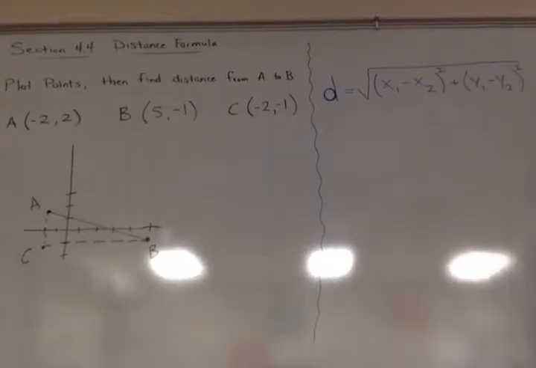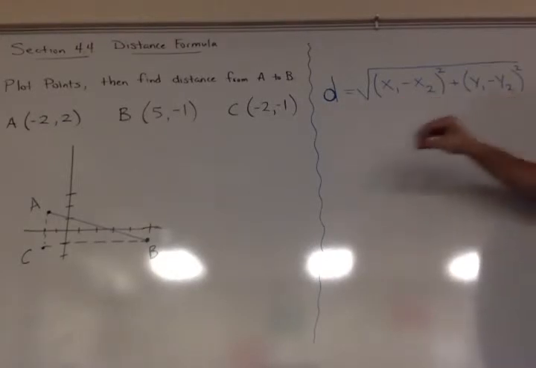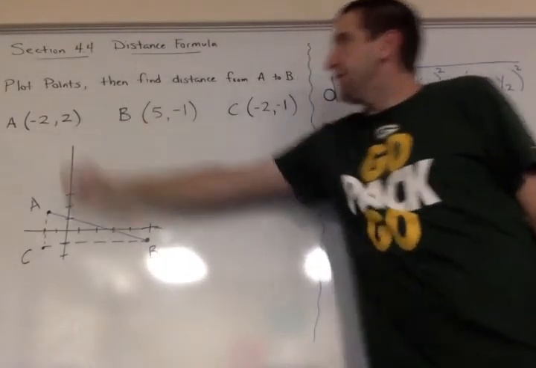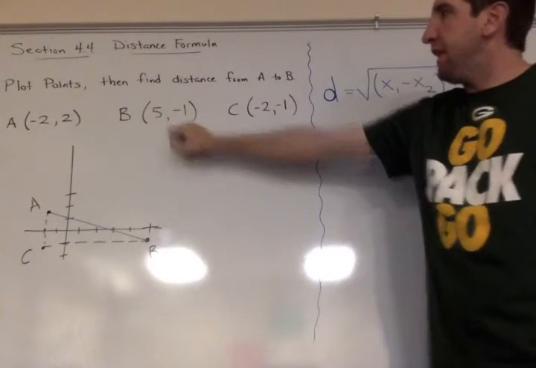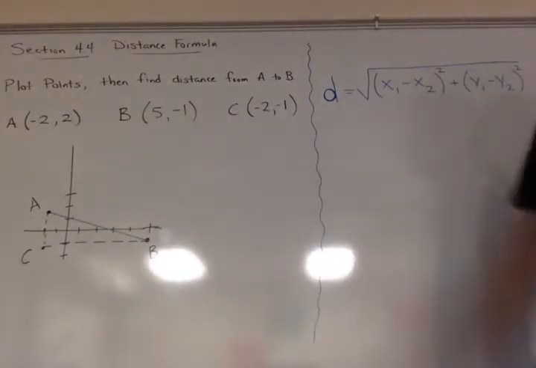Hey guys, today our topic is section 4.4, the distance formula. I've got the distance formula written up here, but we're going to do one example by plotting 3 points. Point A, negative 2, 2, point B, 5, negative 1, and point C, negative 2, negative 1, to show how